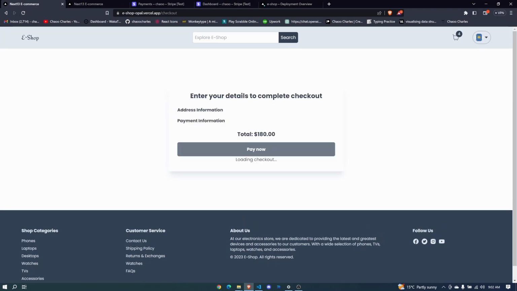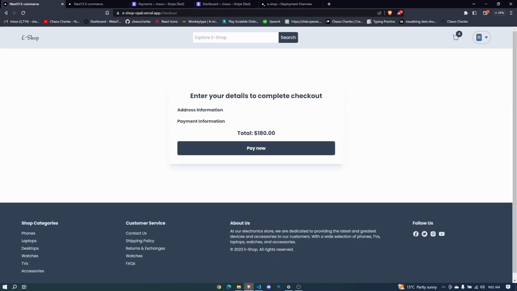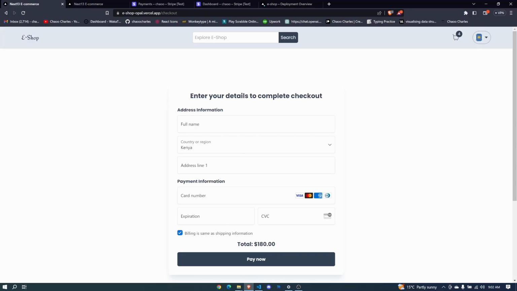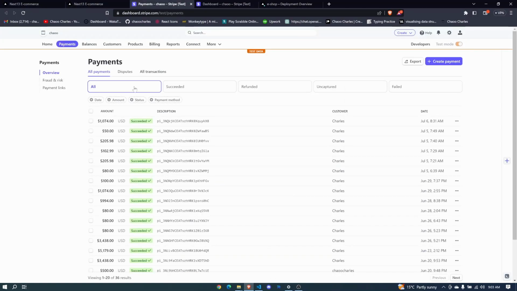And once we check out, this will load the checkout. These are form elements from Stripe, which will allow us to perform payment without going to a different URL. We are still in our e-commerce app. Now if we check it here and we refresh our payments at Stripe, you'll see that we will have what we call a payment intent, which will be